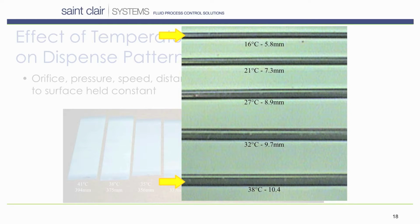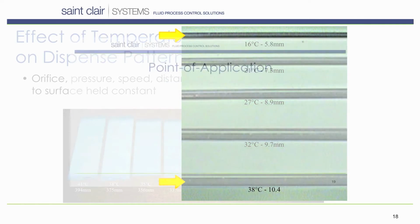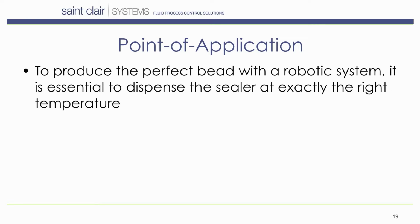Now, if it's fallen so far that it doesn't fill the gap between the two parts, we're going to have a failure. So it's extremely important that we dispense exactly the right amount of sealer in exactly the right places at every time. And if we want to get that perfect bead, and we're doing it with a robotic system